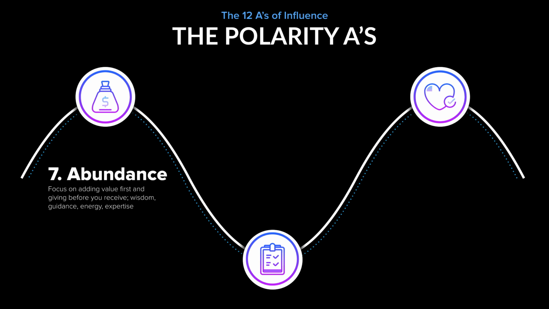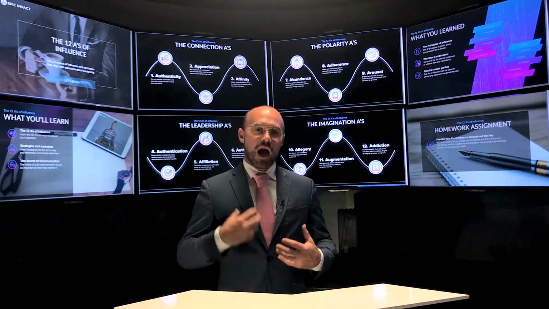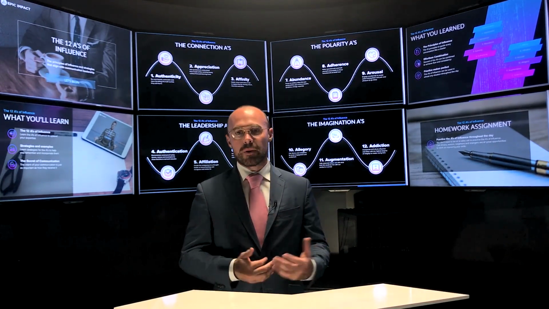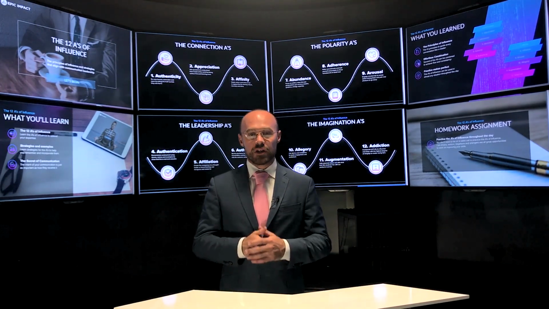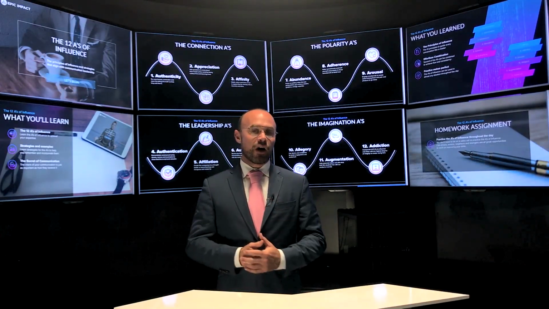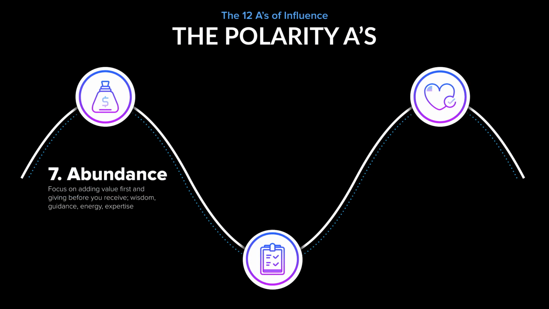And we can play with the polarity of this when discussing abundance with a prospect, to be genuinely benevolent, to be genuinely giving, yet set parameters and guidelines and boundaries for what we're willing to accept, for how we're willing to have the prospect show up. To genuinely be abundant with conditions, with the condition of my time is really valuable, your time is really valuable, and I'm willing to give it everything it takes, so long as you're willing to give it everything it takes as well on your side of things.